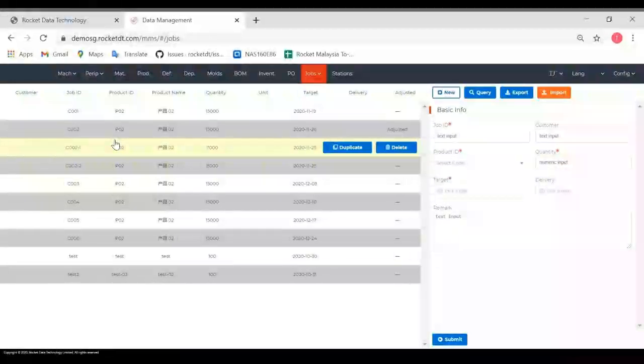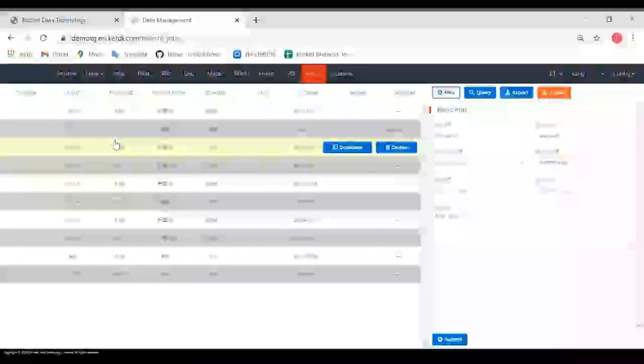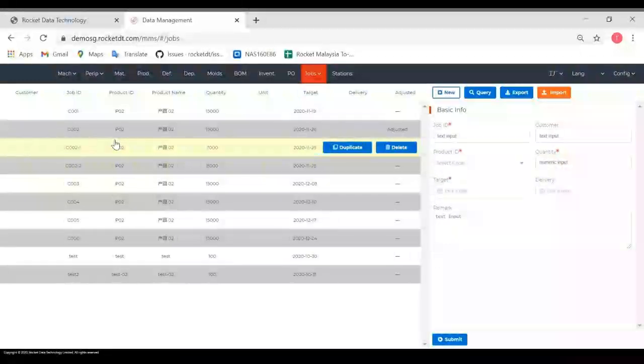After the data management system was introduced, you may go to our AI APS module to know about our scheduling. Hopefully everyone can have a better understanding about